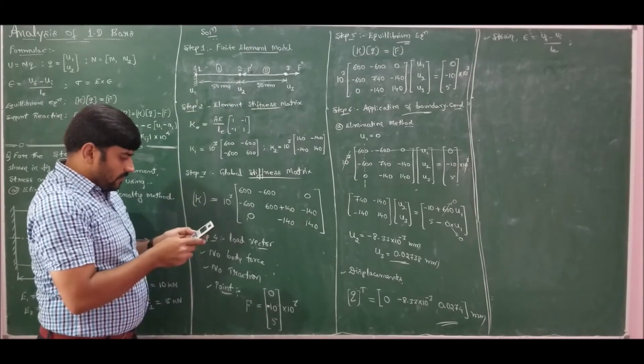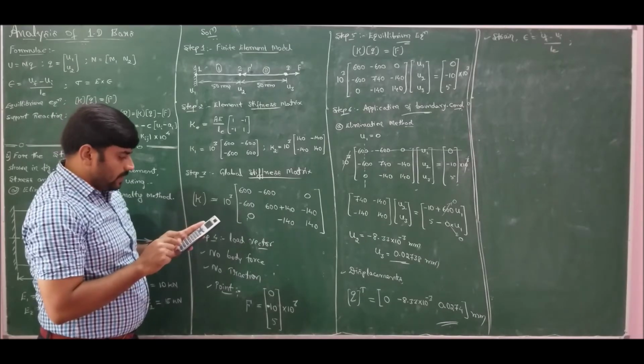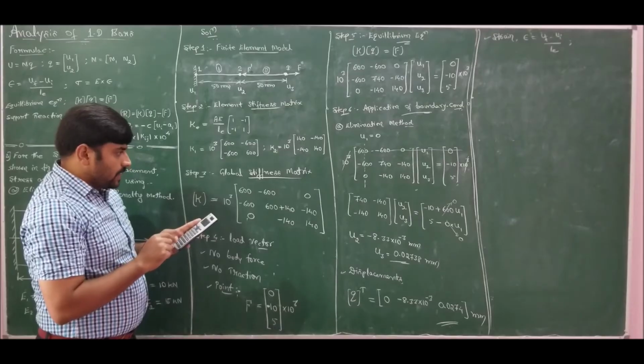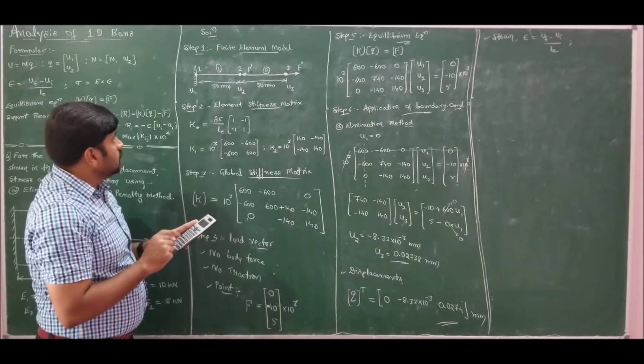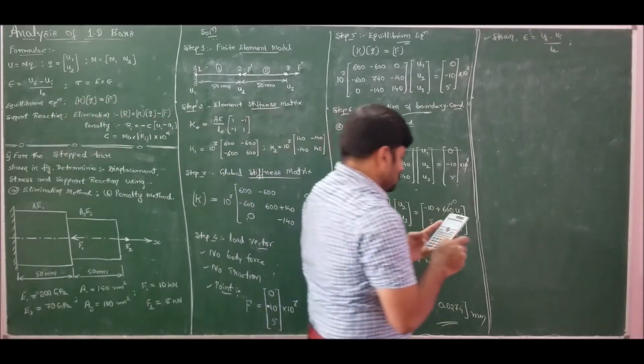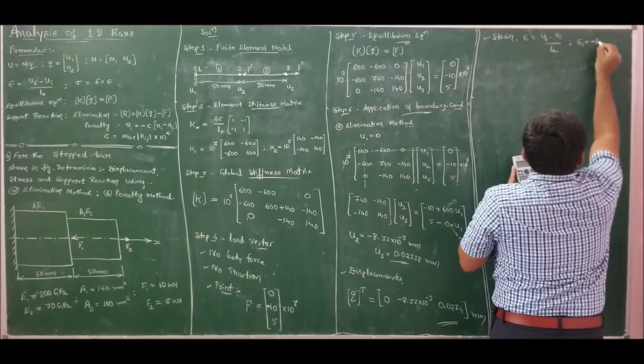Therefore, if I solve, I will get U2 minus U1 by length of the element. U2 is minus 8.33 times 10 to the power of minus 3, minus U1 is 0, length of the element is 50. So epsilon 1 is turning out to be minus